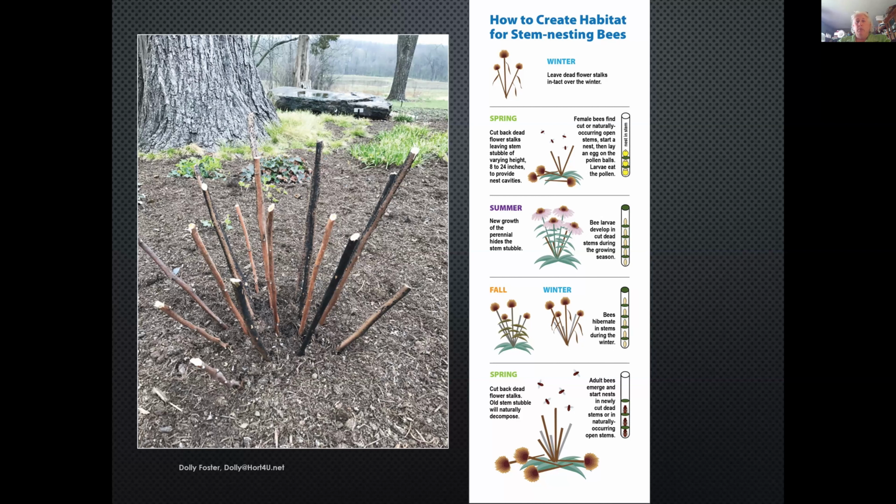And why is this important? Because we need those native bees. Those native bees are part of our environment. They are part of our ecosystem. They serve many, many different jobs in our ecosystem. Some of them are parasitic wasps. Some of them are really good pollinators. Some of them are food for hummingbirds. Some are food for other creatures. So it's really important that we have our 400 species of native bees